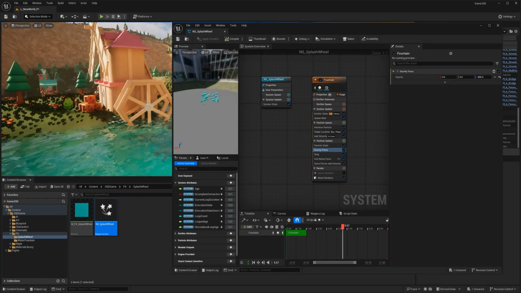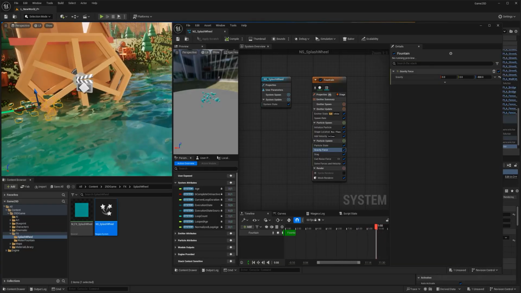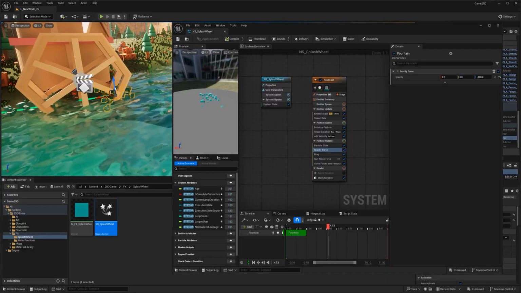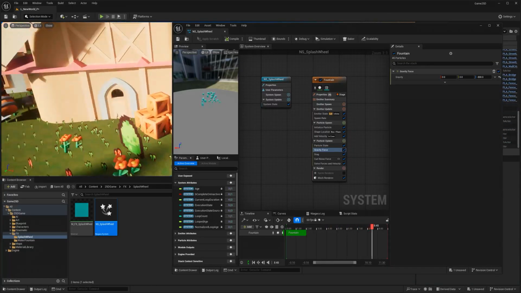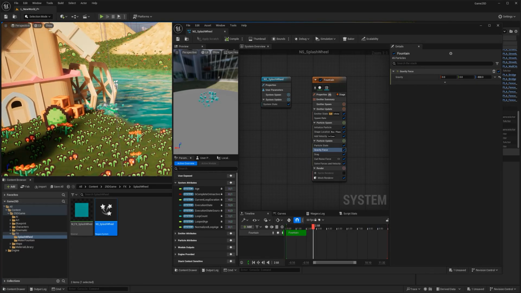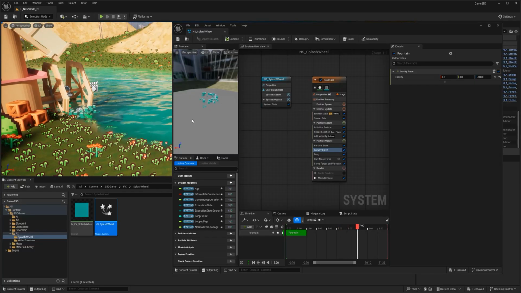And what I'm going to do, I'm going to add the same particle effect to the bottom of this wheel, on the back. I don't think the player is going to be able to see it, but just put it there. There's so little amount of particles that it's not even going to affect performance in any way.